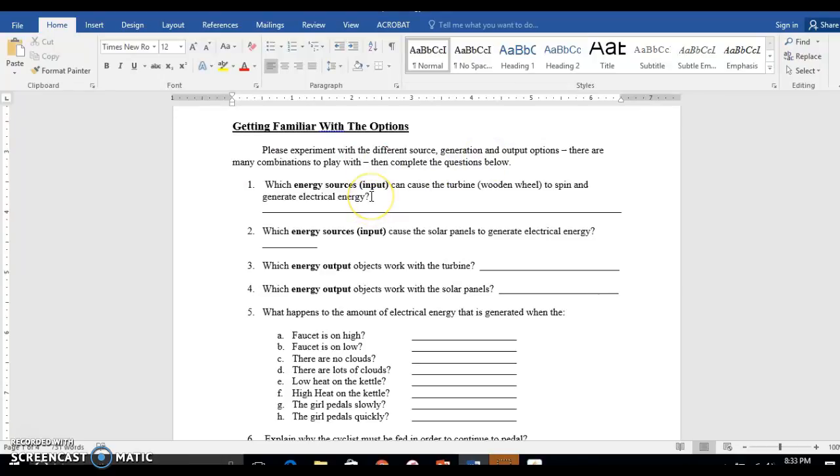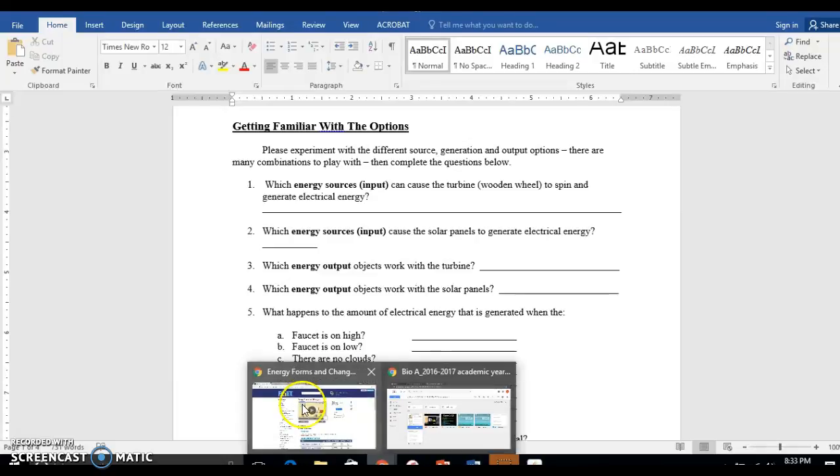It says, which energy source's input can cause the turbine wooden wheel to spin and generate electrical energy? Which energy sources cause the solar panels to generate electrical energy? Turbines, solar panels. What happens to the amount of electrical energy that is generated when the faucet is high, there are no clouds, low heat, girl on a pedal? It sounds like what we need to do then,